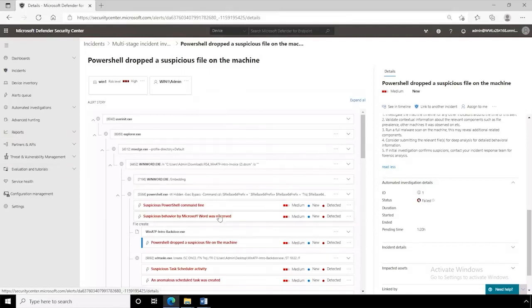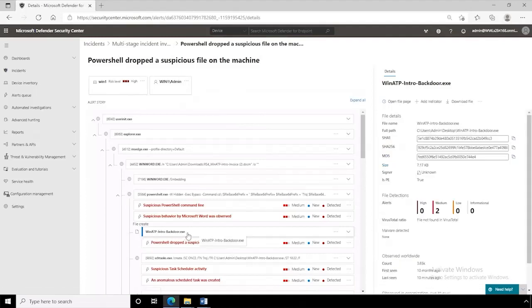Now let's take a closer look at this file itself that was created. So right here under File Create, I'm going to click on the winatp-intro-backdoor.exe file so I can get some more details. So over here in the alert story, I clicked on the file, and now over here on the details page, I'm going to see some more context about it. So this is going to give me stuff like the size of the file, the hashes, the VirusTotal summary, and more. And then we can even add an indicator from here or download it directly if we need it